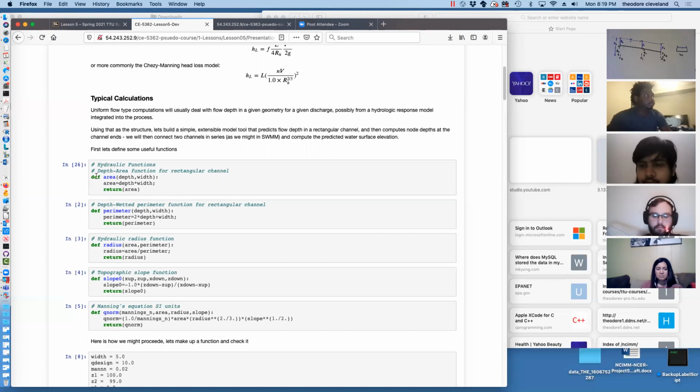So here we have a function called area, another one called perimeter, another one called radius, another one called slope 0, because I have no creativity in naming things, and a function called qnorm, which is essentially Manning's equation in SI units. And you know it's in SI units because of the constant in the numerator. I'm simply going to copy these